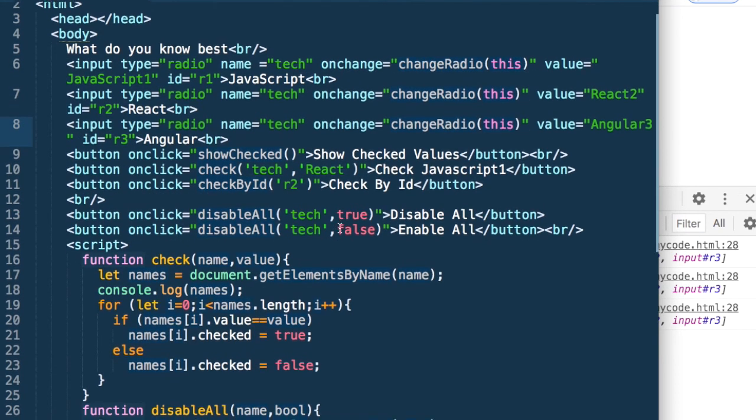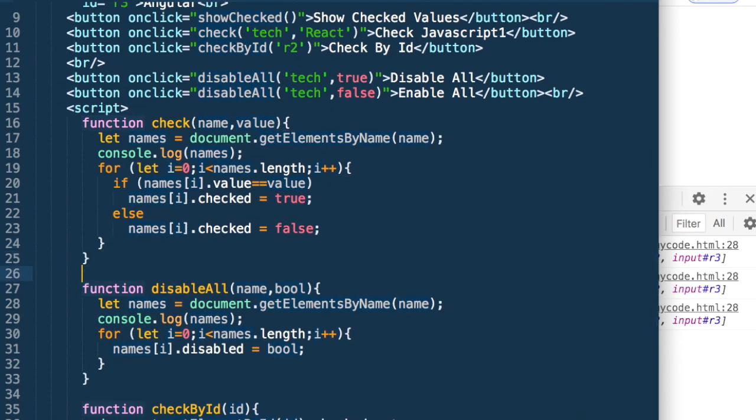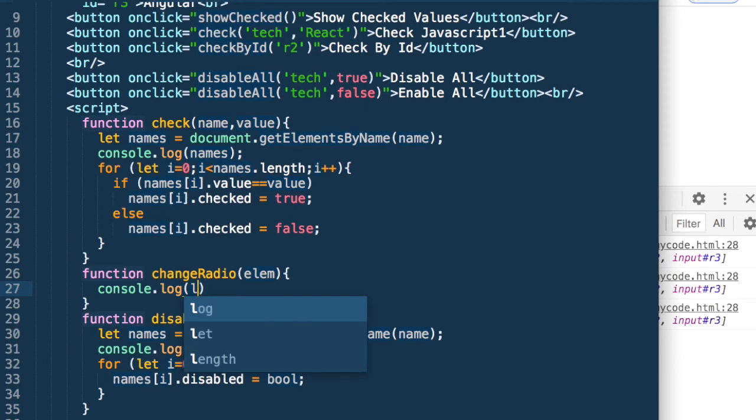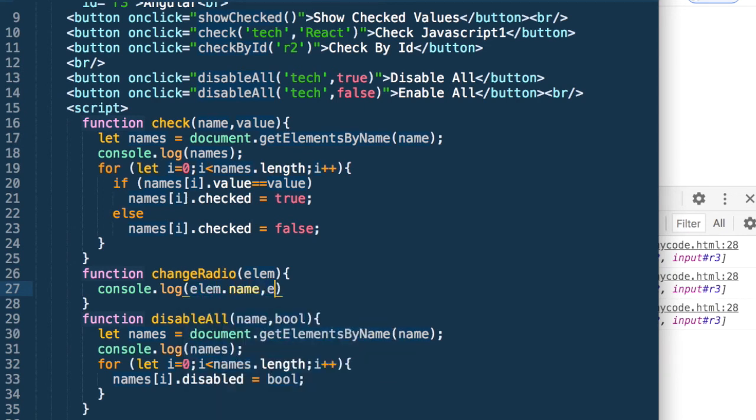Once we add them, we want to implement this function change radio, and it takes the element, and we can just do console.log element dot say name, if you know it, element dot id, element dot value, and the event.